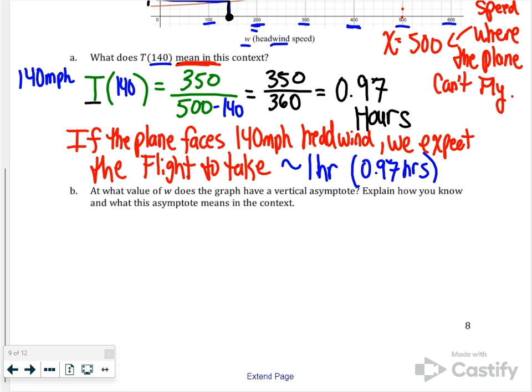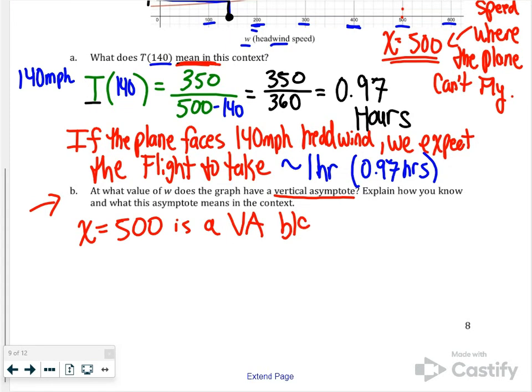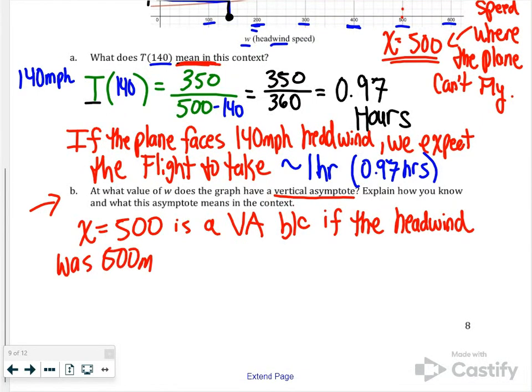Okay, so just wanted to talk about letter B. It says, at what value of W does the graph have a vertical asymptote? So we actually already calculated that up here. We said that it was going to be x equals 500. So we're going to say x equals 500 is a vertical asymptote, because if the headwind was 500 miles per hour,